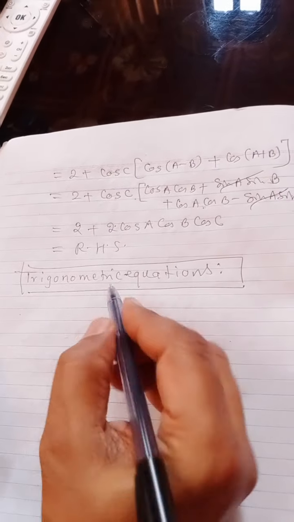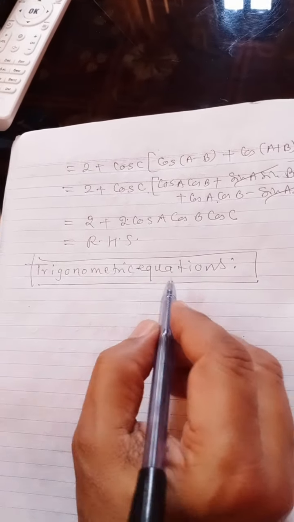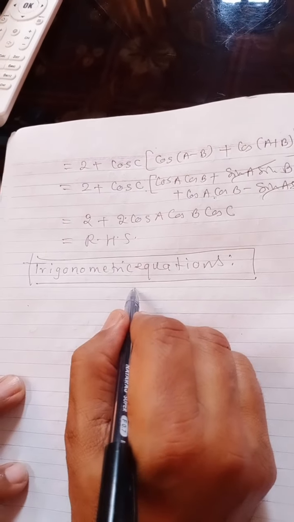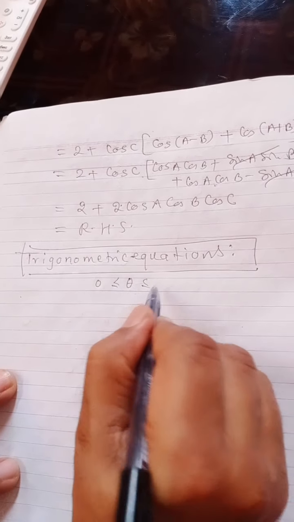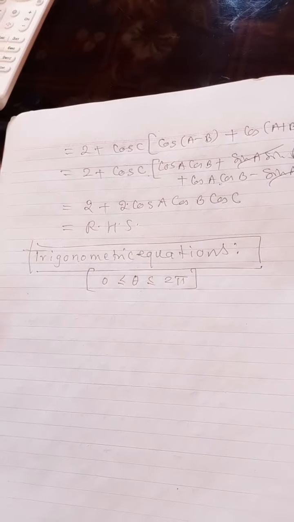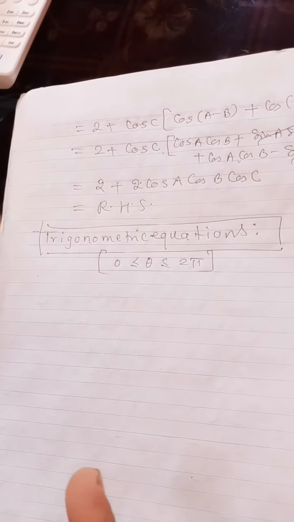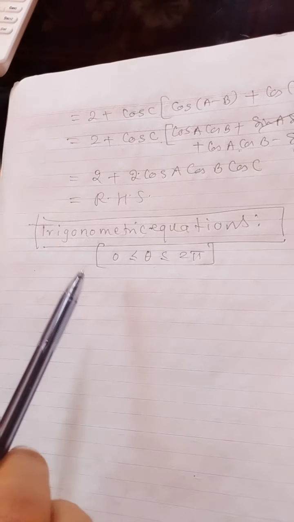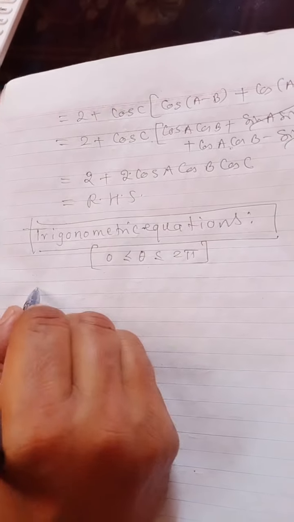One example. Conditions to calculate the angle will also be given here, like theta from 0 to 2 pi, which is the maximum range, and in the short question there may be up to 90 degree, up to 180 degree, etc. But in long question generally from 0 to 360 degree we have to find out, like this. One example,